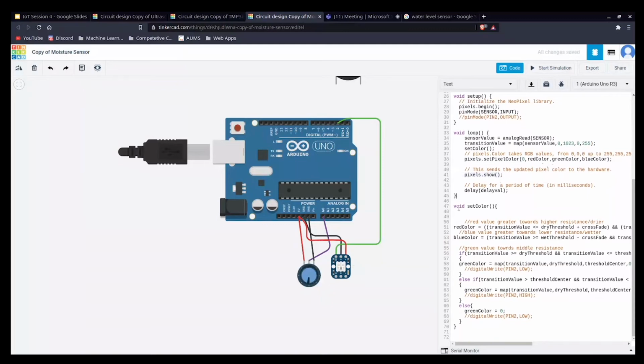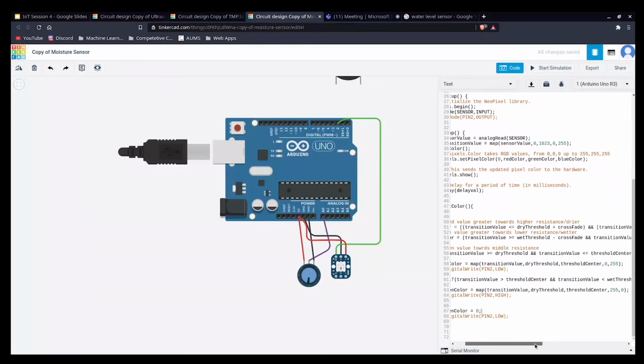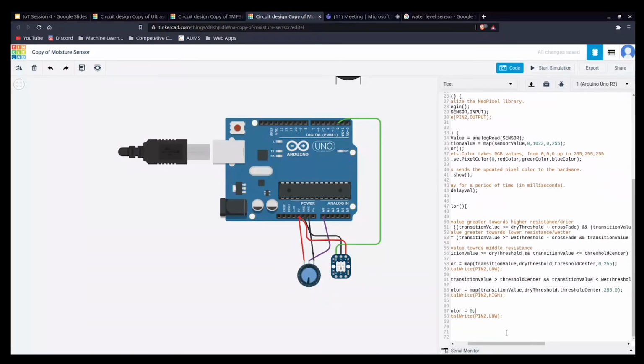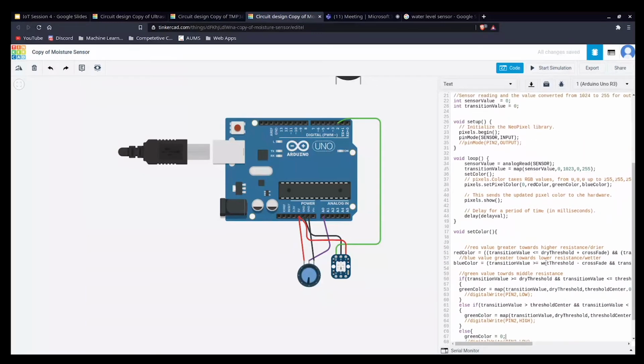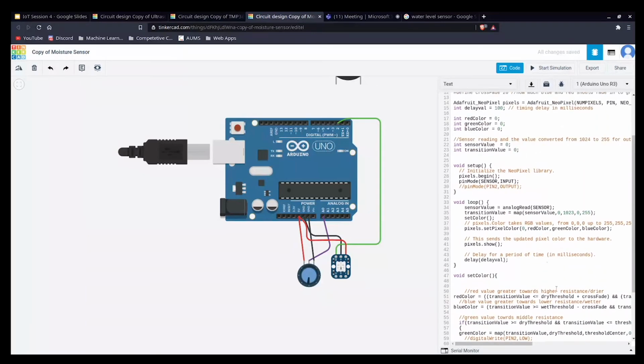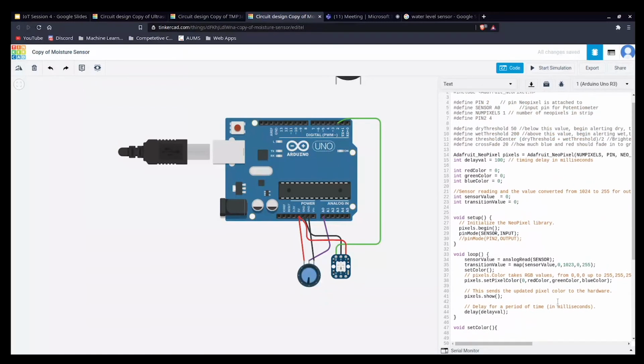Here is the set color function, and here are all the conditions. As you can see, for the red color transition, we have the dry threshold and the crossfade. For the red color, we take the transition value and check whether it is less than the dry threshold. The dry threshold is defined here as 50.